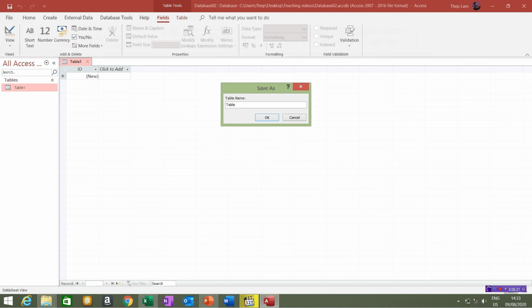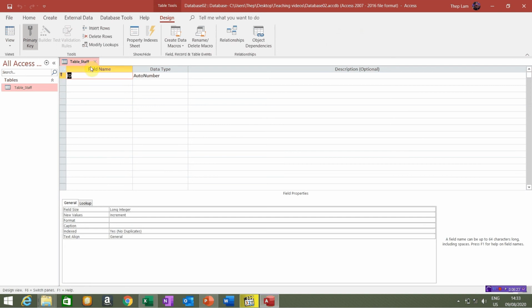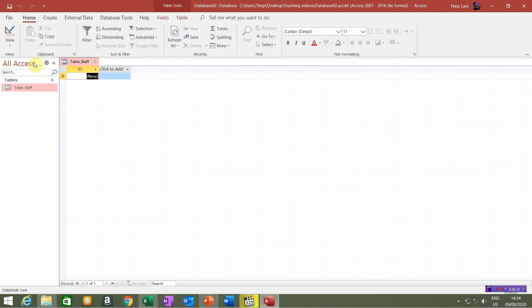This is the design view, but I'm going to show you how to create a table based on the design view later. For now, I'm just going to show you how to create a table with datasheet view. So keep the ID,